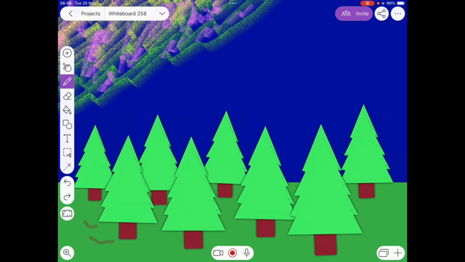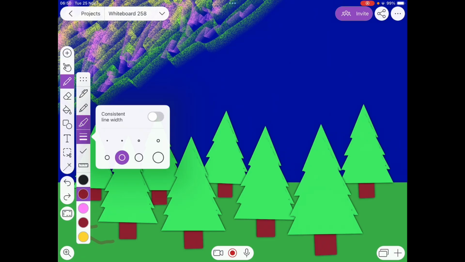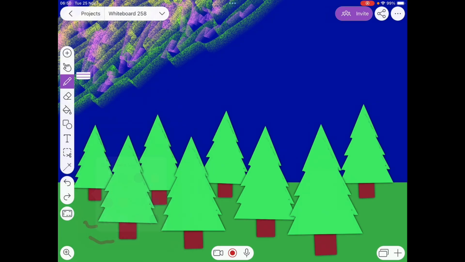So now what I'd like to do is add a little more detail to some of these trees. So what I'm going to do is go back to my pencil tool, and this time I want to make sure that I'm choosing the highlighter. I want to choose quite a thick highlighter, and I want to choose a dark colour brown. And what I'm going to do is, starting at the back, just add a few dots into my tree just to give it a little bit of detail. And I'm going to just do the same with my other trees. Just add in